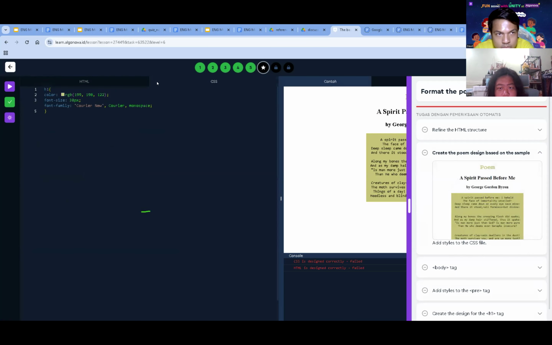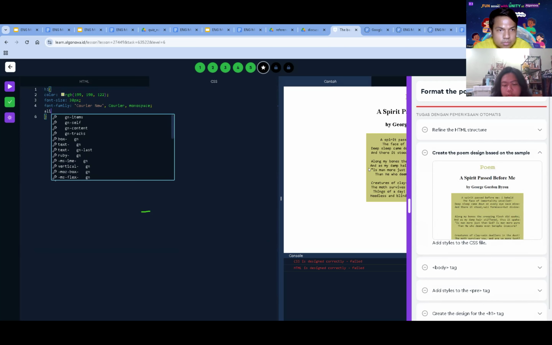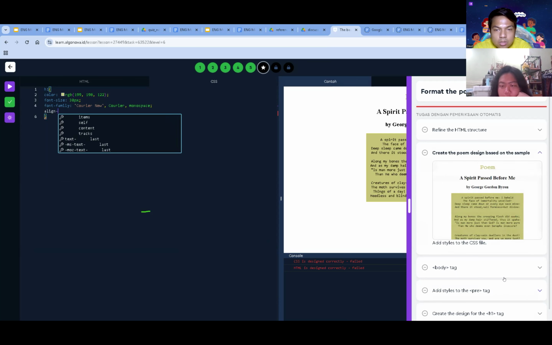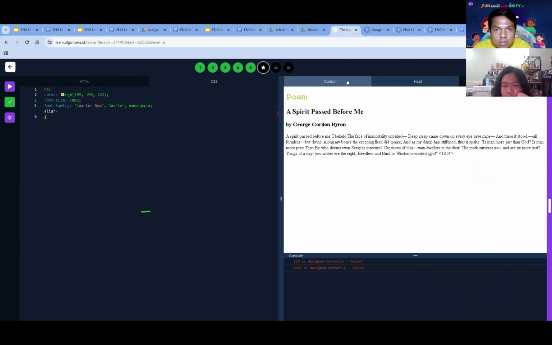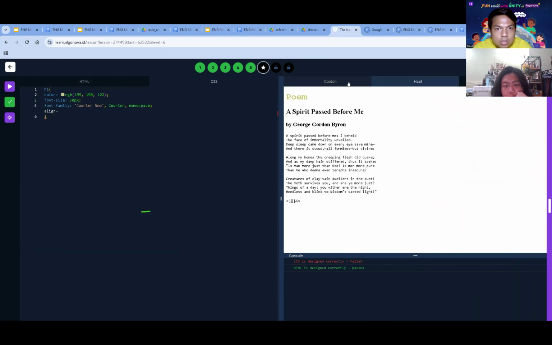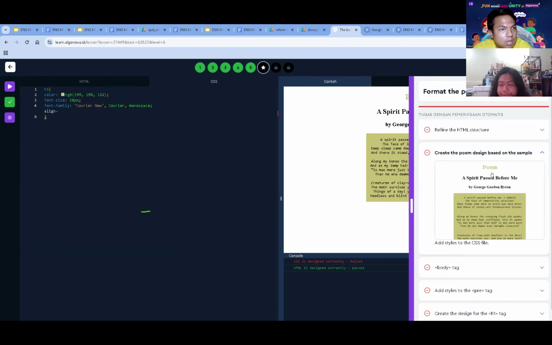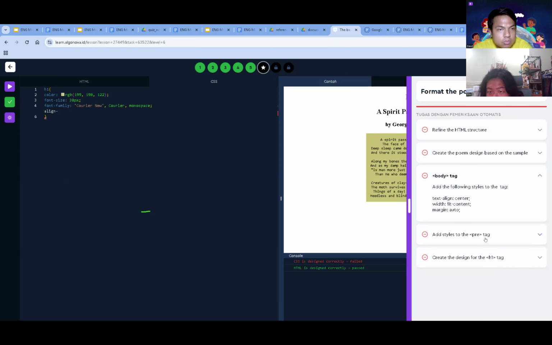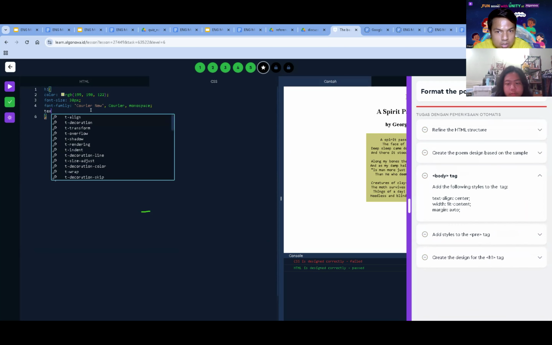For each one, is there like a line? Which one? Do I need to align it so it's in the middle? Yes. To make that, use text-align center.